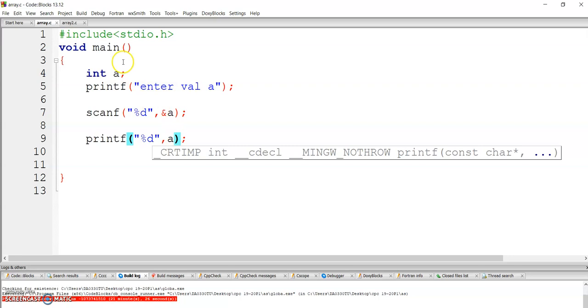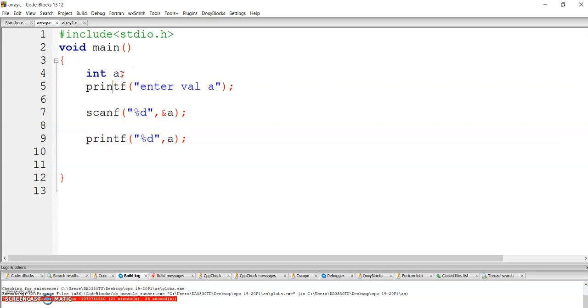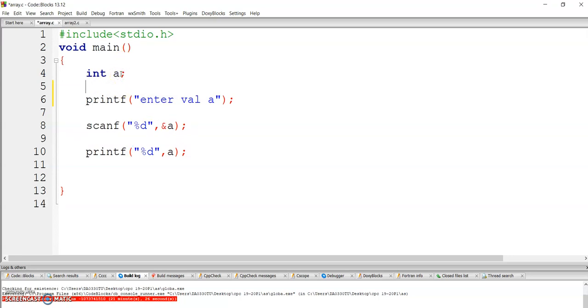Now in case of an array, what is the change? Here you have to write the data type and then your array size. Here 10 is my array size, that means this a can store a maximum of 10 values of type integer entered by the user. Now write down the instruction to the user, that is, enter values for array a.